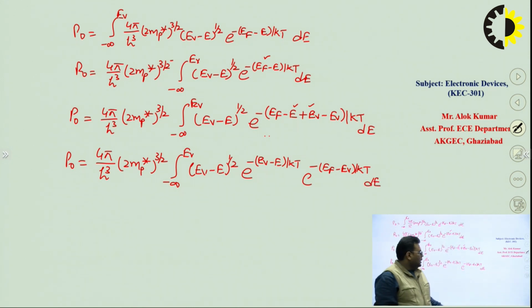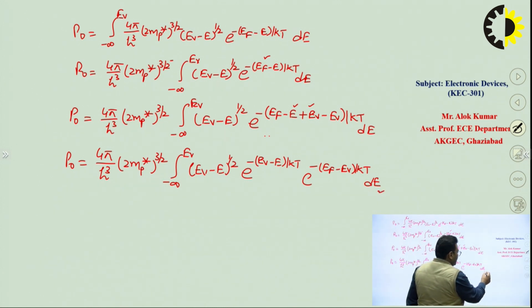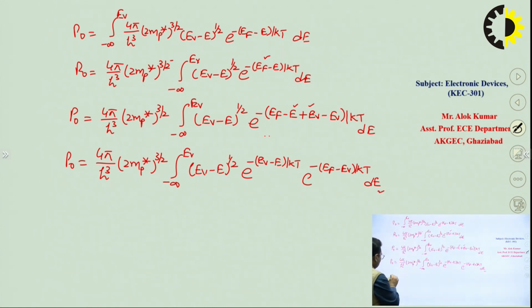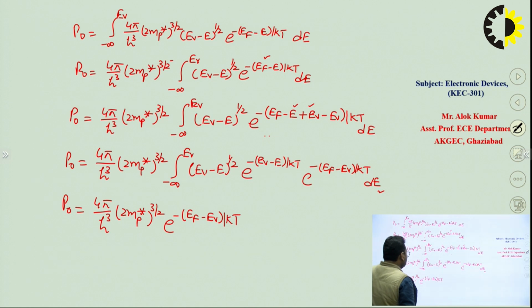Now this term doesn't have any term of energy E, so I can take it out. So P naught is equal to 4 pi upon h cube into 2 mp star to the power 3 by 2, if I take it out, e to the power minus EF minus EV upon KT,